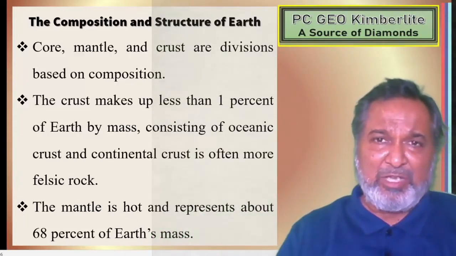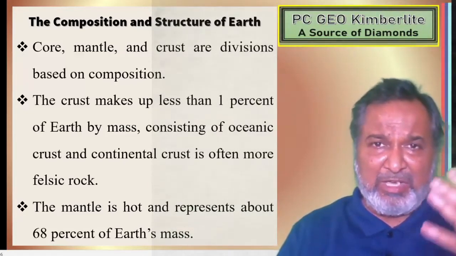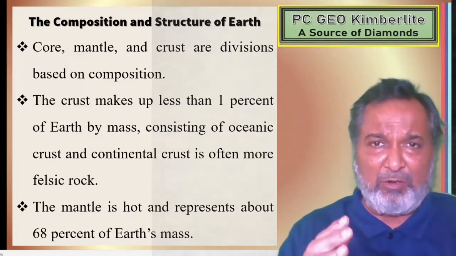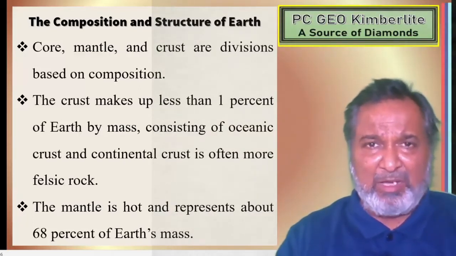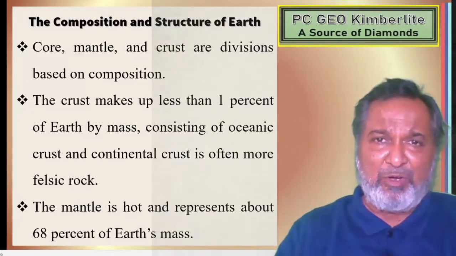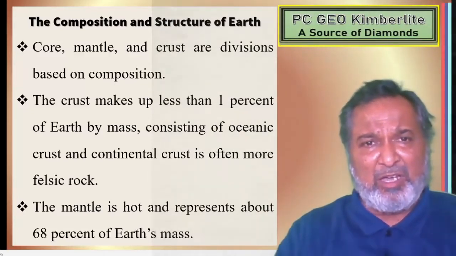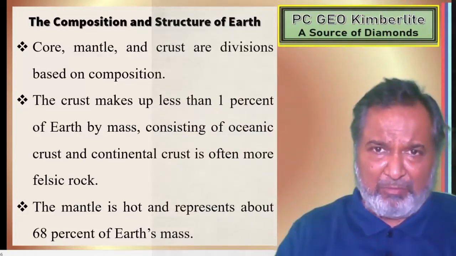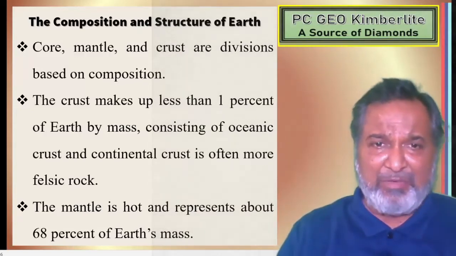The felsic rocks are exposed on the continent, and the mafic rocks are exposed below, on the oceanic crust. Felsic is represented by granite, which has a light density, 2.6 to 2.8. Whereas the mafic rocks are represented by basalt, where we have 2.8 to 3.5 as the density of that particular basalt. So the continental crust and the oceanic crust represent the felsic and mafic rocks.